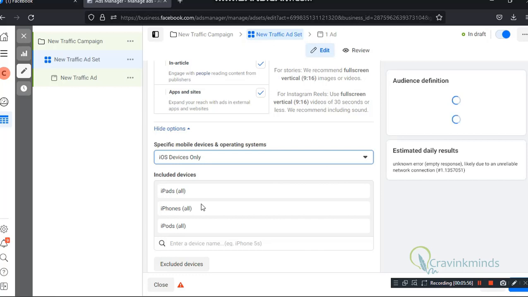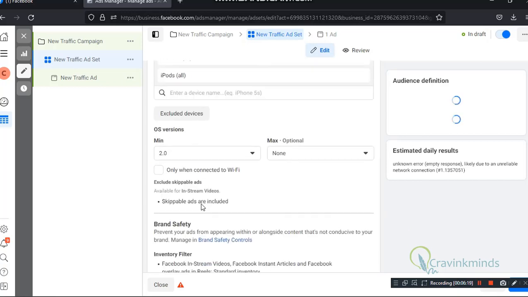The other problem with this is that if you are running ads to only iPhone devices, you will have an issue of spending a lot more than maybe you plan to spend, because many people are targeting iPhone users, so it is very competitive and you get to spend a lot of money. Okay, so after that,